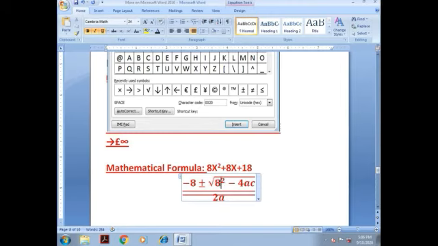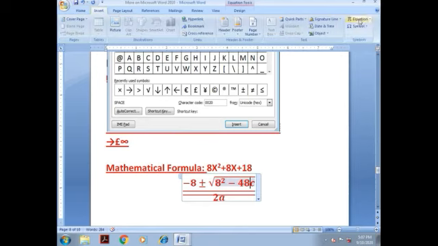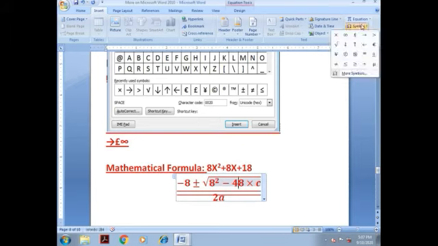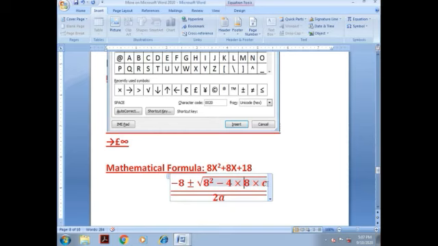Here minus b is equal to minus 8, b square means 8 square and 4ac. a in this case is 8 and c in this case is 18, and we can use the symbols to write multiplication. 2a, 2 multiplied by 8. All these things can be written in Microsoft Word.